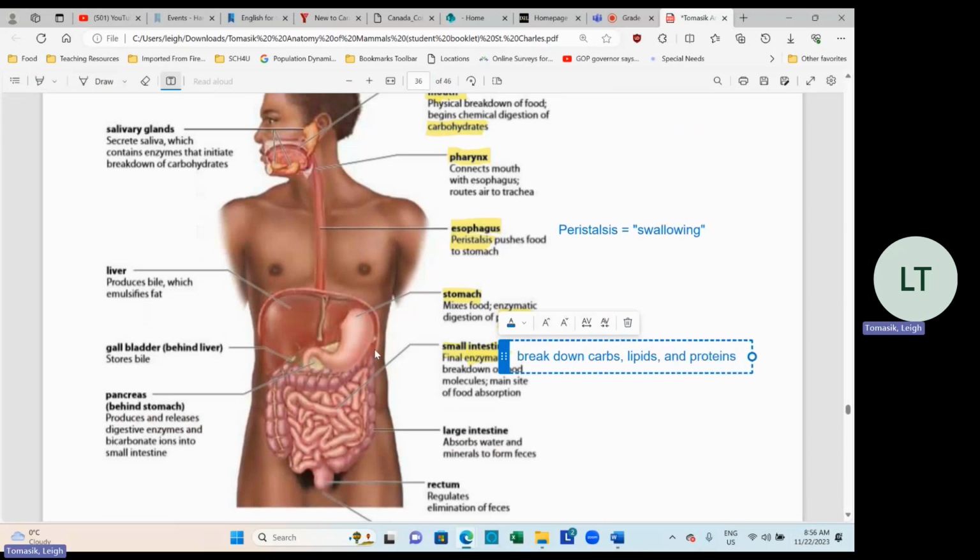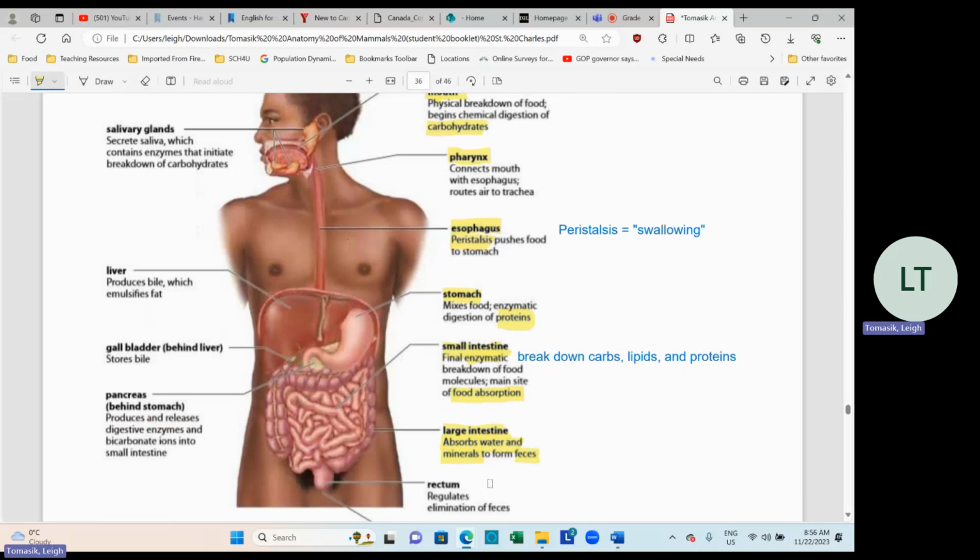So everything gets chemically digested a little bit in the small intestine. And then absorption starts to happen with these food molecules in the small intestine. Large intestine is also a part of absorption, and it collects water, vitamins, minerals, and then whatever is left over